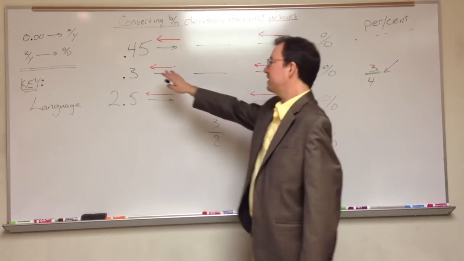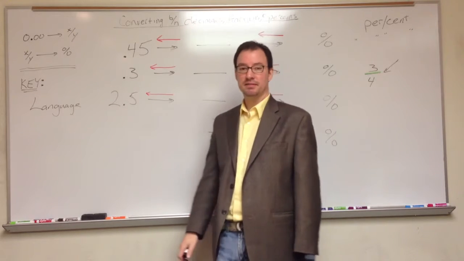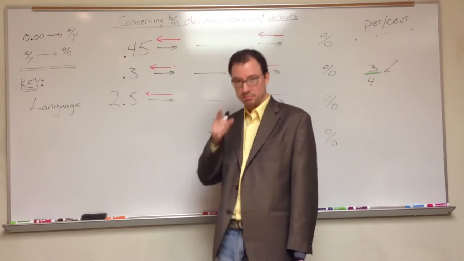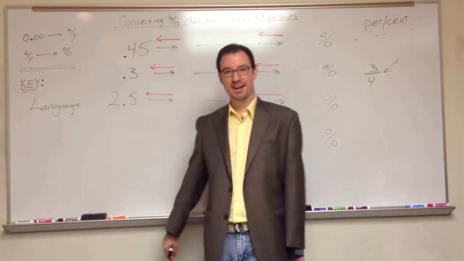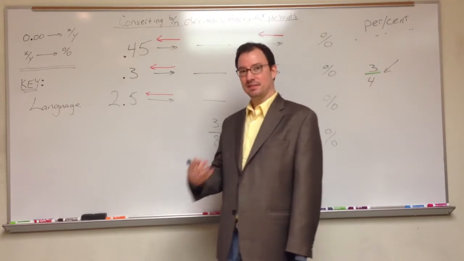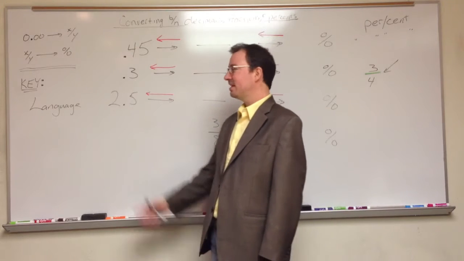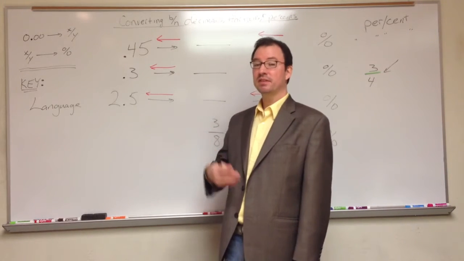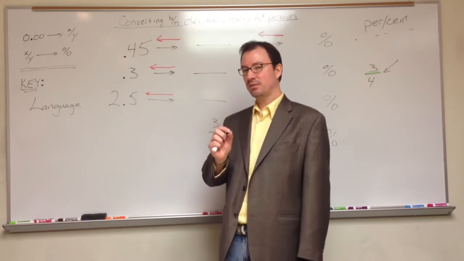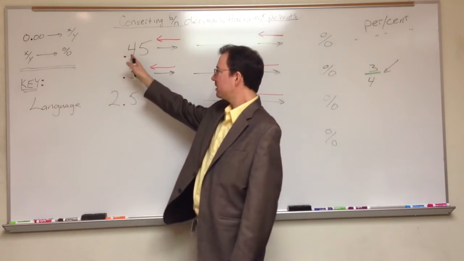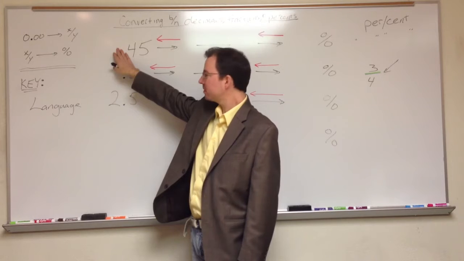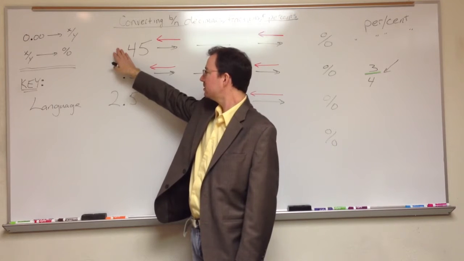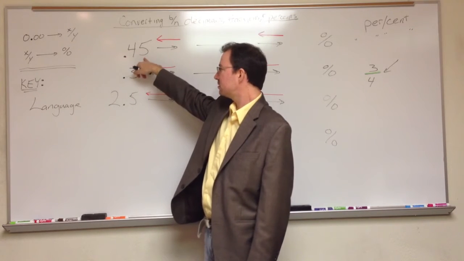So here we're going to start over here with this. Most people say that's 0.45. Well, and so it is, but you really need to get to the place where even if you say 0.45, you really understand what that means. The decimal place in the 45. If you cover up the decimal, it's 45. 45 what? Well, the last number